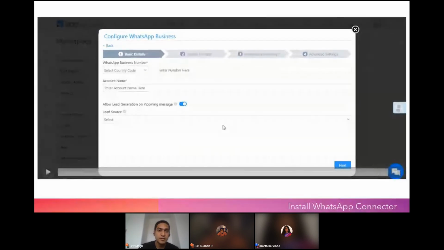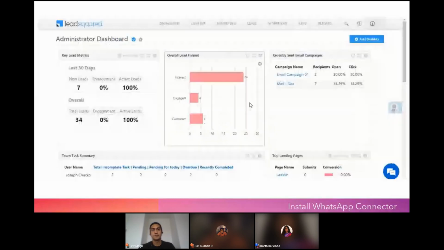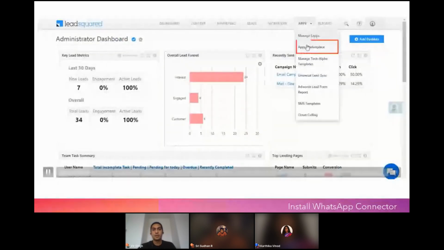Okay, so this is the interface. We're not going to go through it now, but this is the interface that lets you configure your WhatsApp business account with LeadSquared and enables WhatsApp functionality across the LeadSquared platform. But for the purposes of this particular demonstration, which is WhatsApp in Converse,